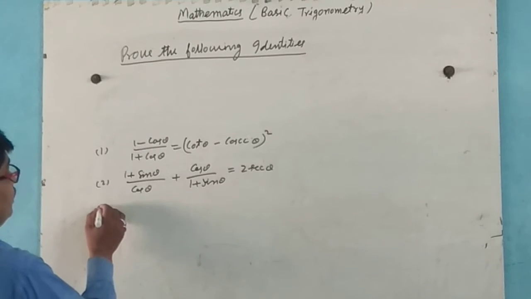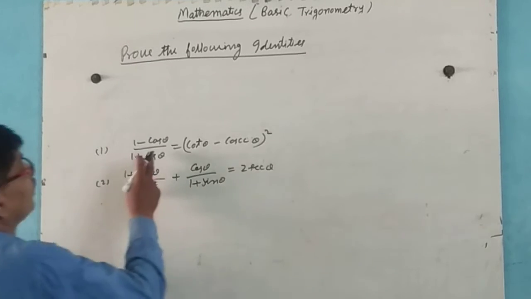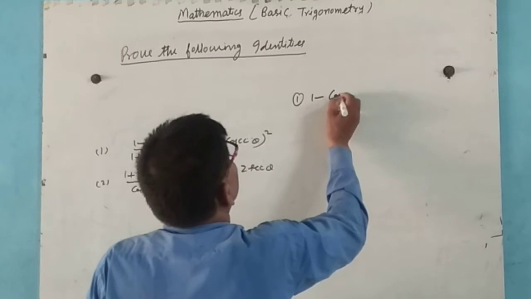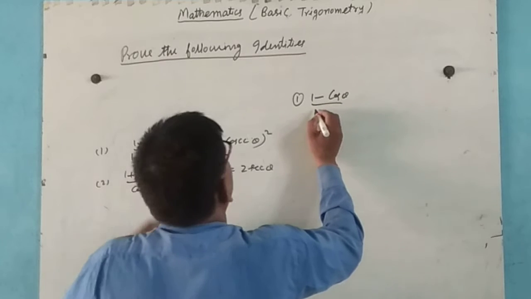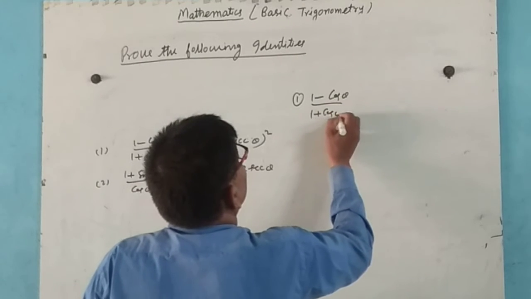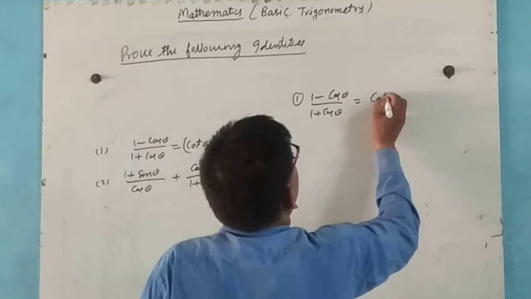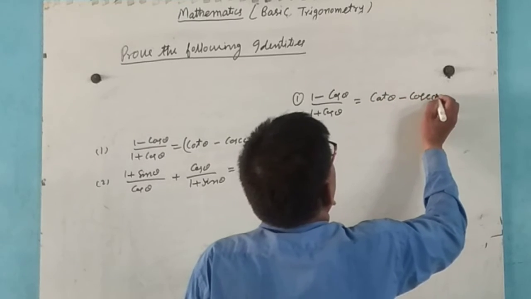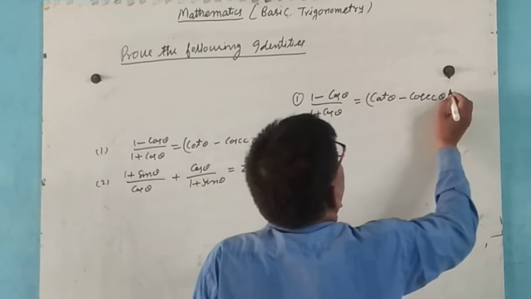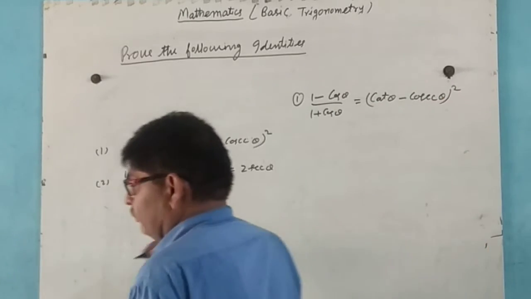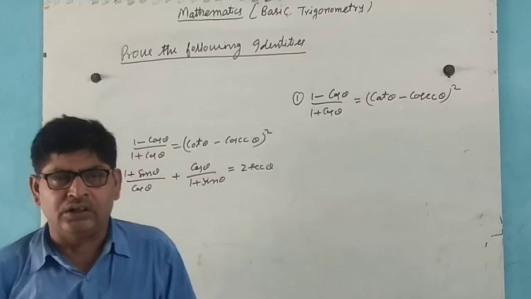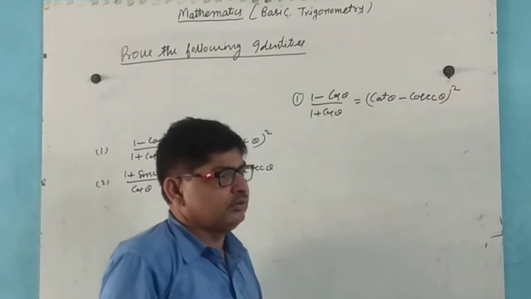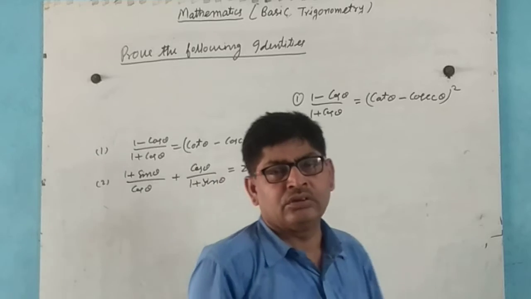First question: (1 minus cos theta) divided by (1 plus cos theta) equal to (cot theta minus cosec theta) whole square. Now we take left hand side or right hand side, any side, but for convenience we choose